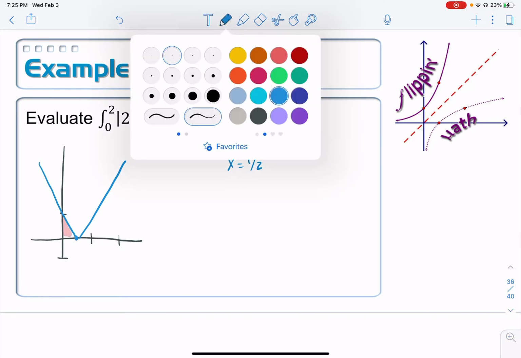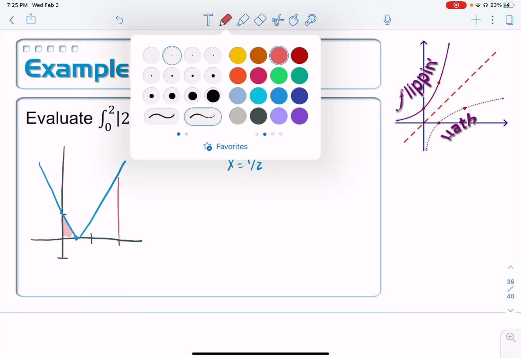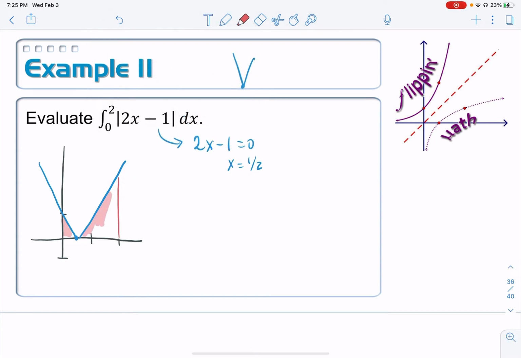And then I'm coming up here from 2. And I want this piece. So in this particular case, it would be really easy to just do this thing geometrically. But I selected this example so that we can see what we're supposed to do in general whenever we have an absolute value function. The idea is to break it up at its little vertex here,